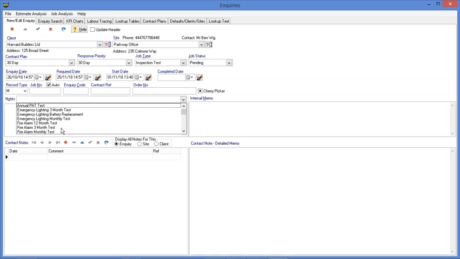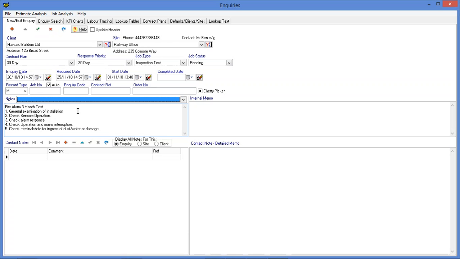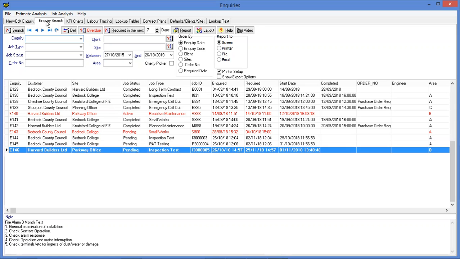So if it's an inspection test for say a 3-month alarm test, we set all the details in there, and then we can enter our contact notes as we require there. So if I just post that one off, and it will set the next job number and the inquiry code for it. And if I go back to our inquiry search,